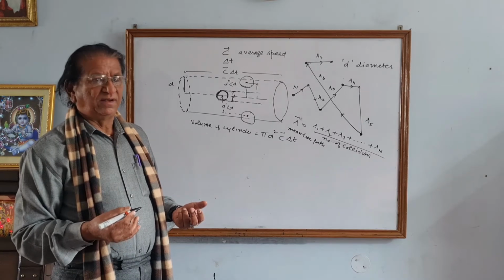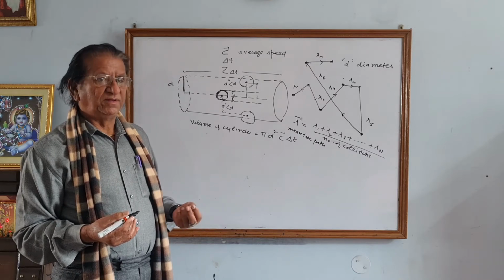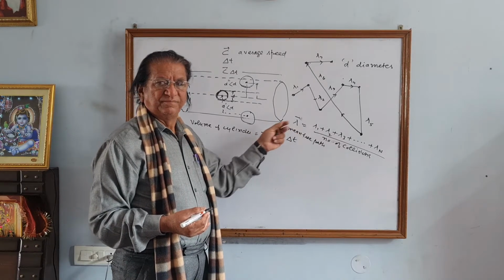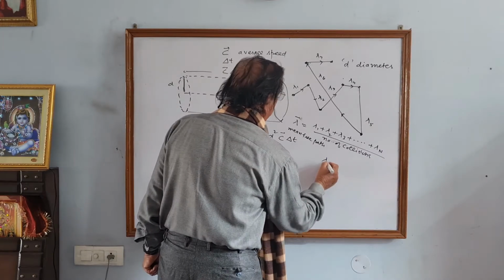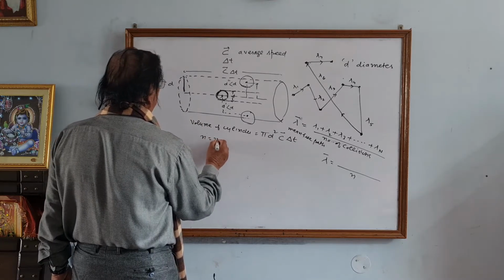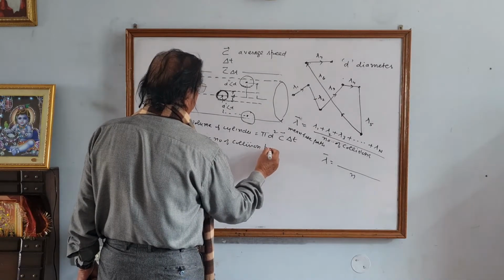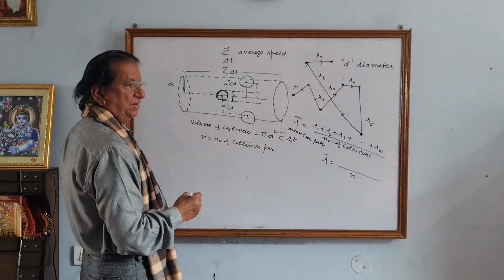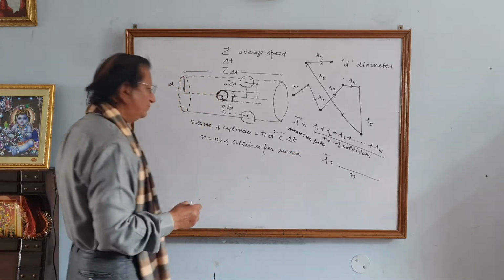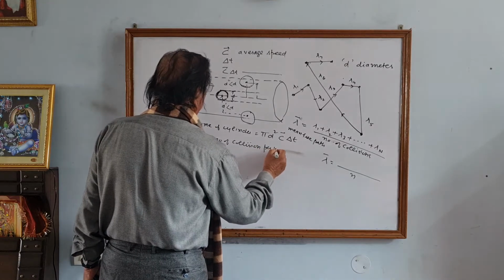Okay, and in every successive collision free path is different, so we have to take the mean, that is mean free path denoted by lambda dash, ये mean free path है। अच्छा, इसको आप ऐसे लिख सकते हैं, मीन फ्री पाथ इज इक्वल टू, n इज नंबर ऑफ कोलिजन पर सेकंड, या पर यूनिट वॉल्यूम ले लो, चलो नंबर ऑफ कोलिजन पर यूनिट वॉल्यूम।